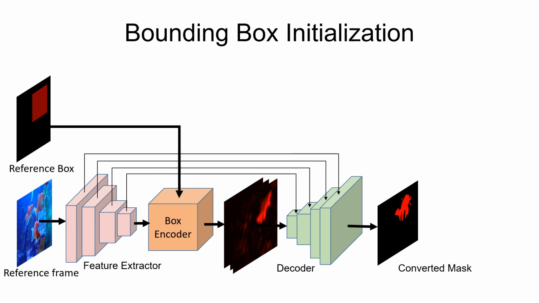Generating accurate per pixel annotations is time-consuming and therefore expensive. We therefore extend our method to also handle the simpler way of annotating the target with a bounding box in the reference frame. This is achieved by adding a simple bounding box encoder module. This module maps the bounding box to a label encoding in the same domain as the label generator. It can then be fed into our decoder network, which can output a segmentation mask.